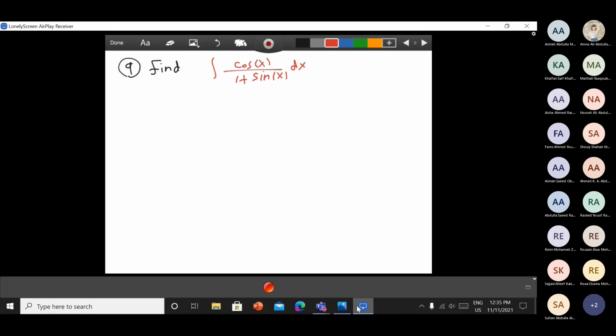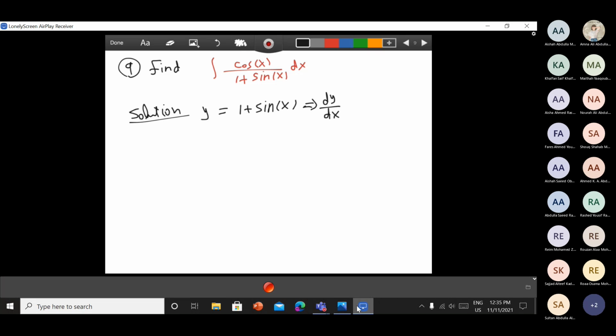So this is the one. Whenever there is an obstacle, you take it as a substitution. To tackle the problem, you have the obstacle 1 plus sine x. So you let it be y, z, whatever notation you like. I would like to have dx, so I have to differentiate this one, dy